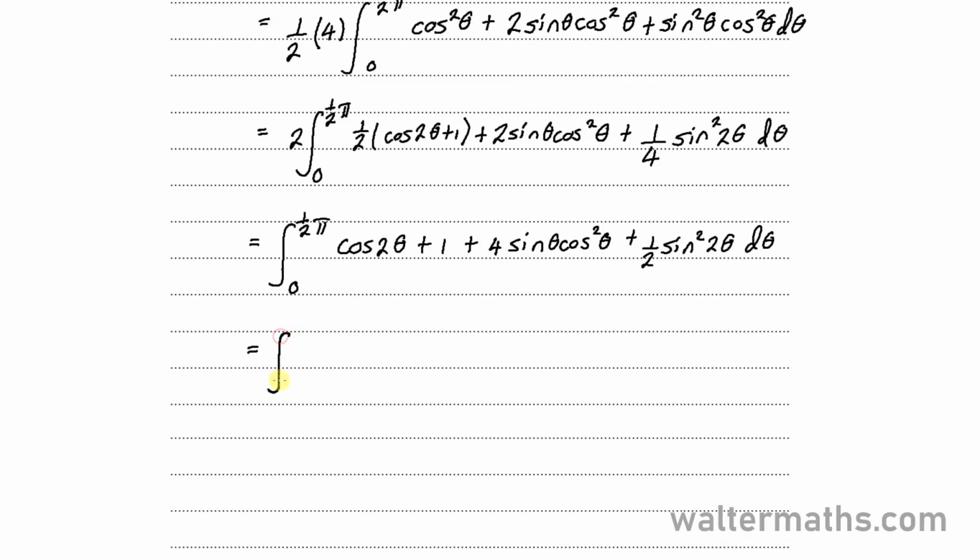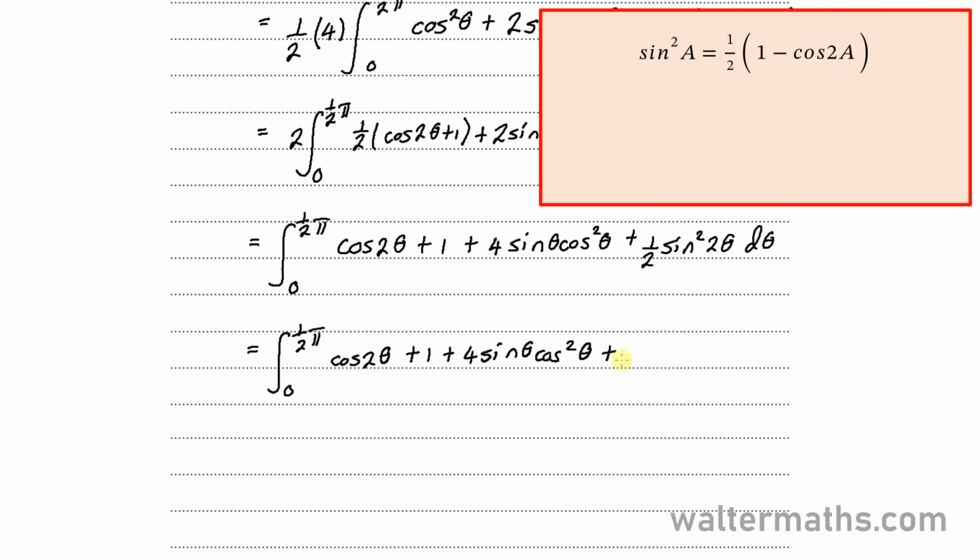I'll be having the integral from 0 to a half pi of cos 2 theta plus 1 plus 4 sine theta cos squared theta, and for sine squared 2 theta, we can use this identity here, which means that we'll